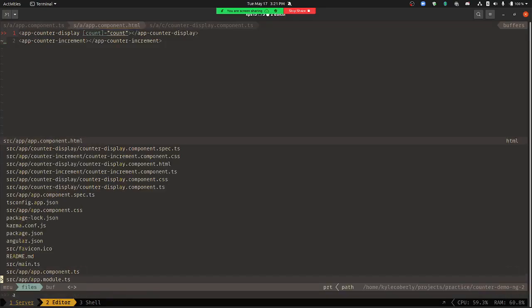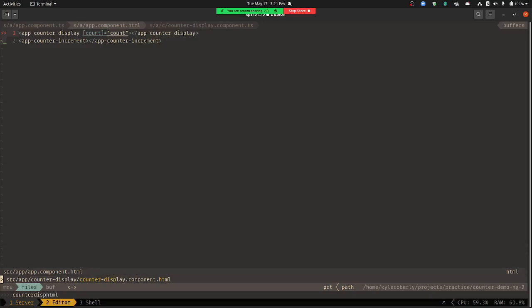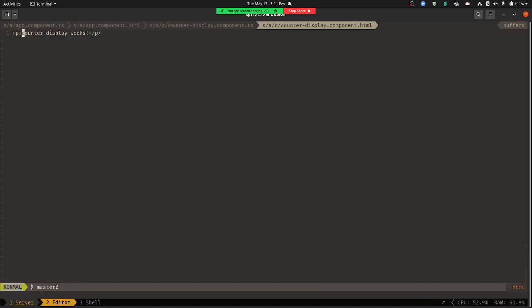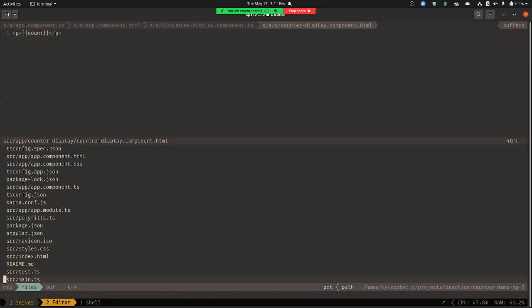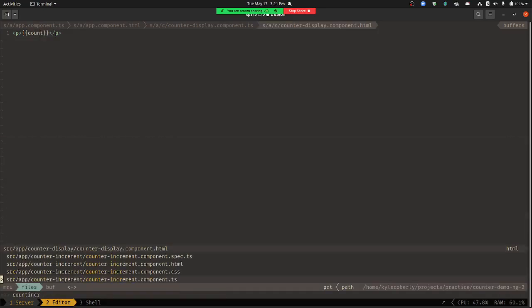And then in the counter display HTML file, actually use the count. And there it is. So that's half of it. Passing the state down. Now we need the event to come out of the increment component. So over at counter increment